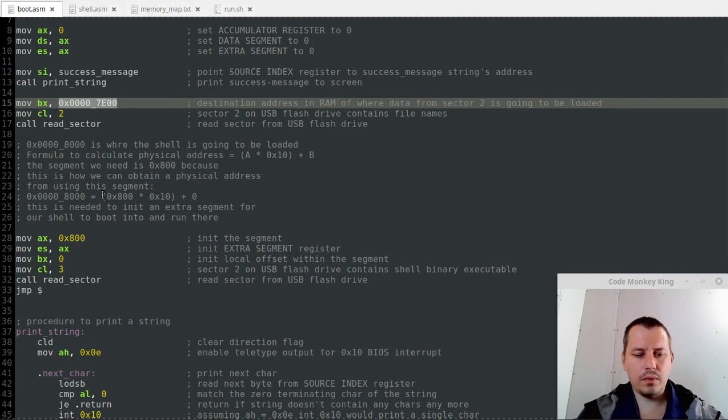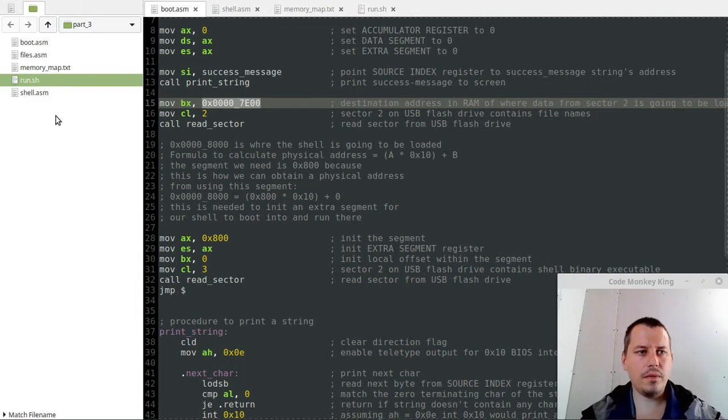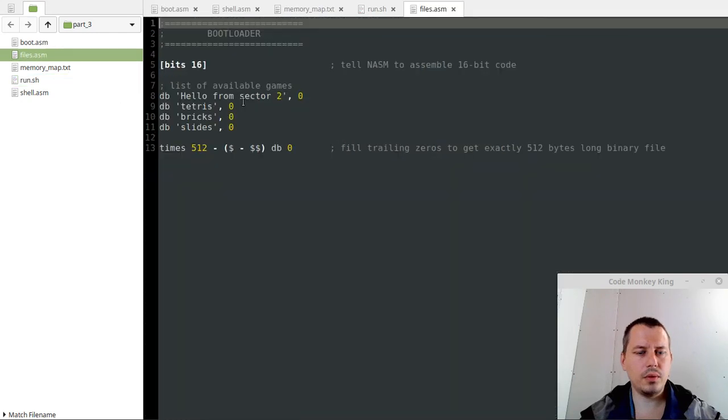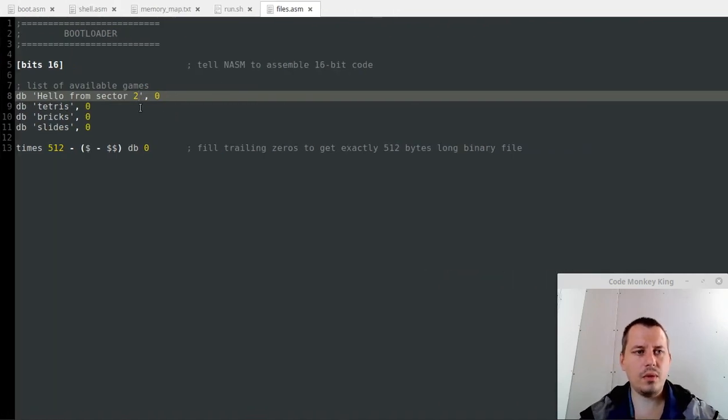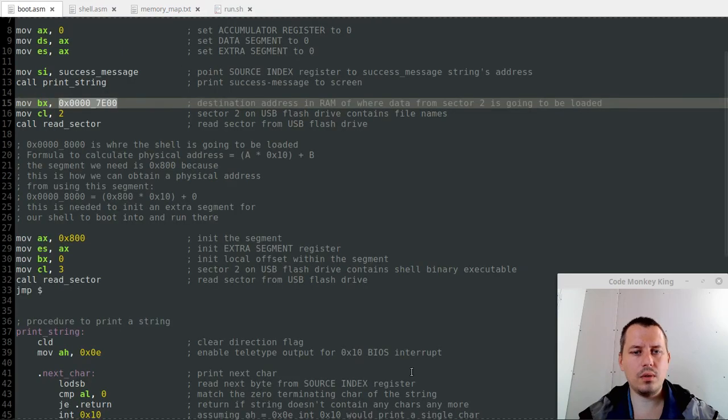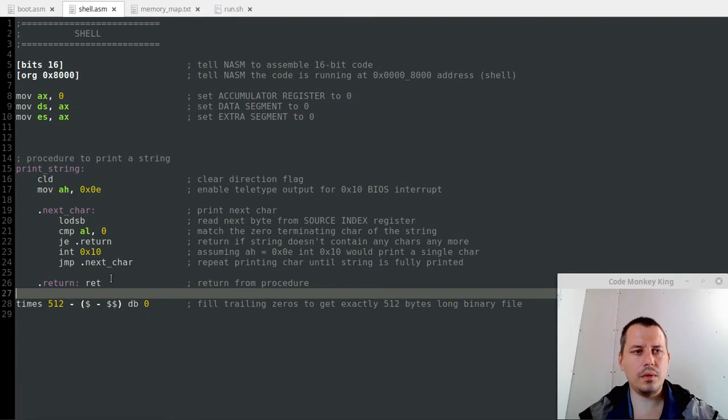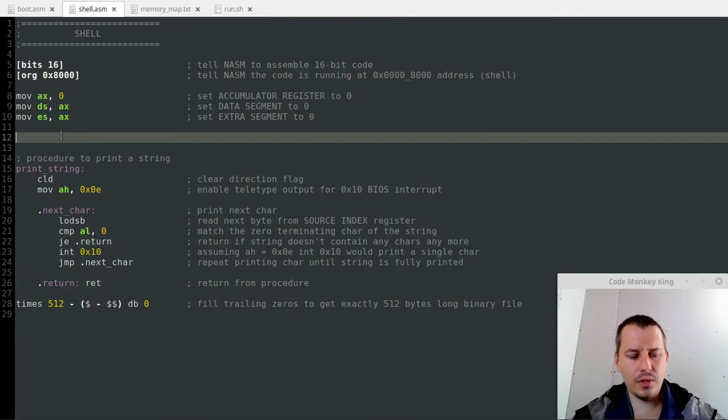And yeah, I just want to have a look at the files. So yeah, this might be left like this for now. We'll later alter this, but for now this might be just like this. Okay, and run shell ASM 512. Okay, and now to print something there, so we can say move si, and